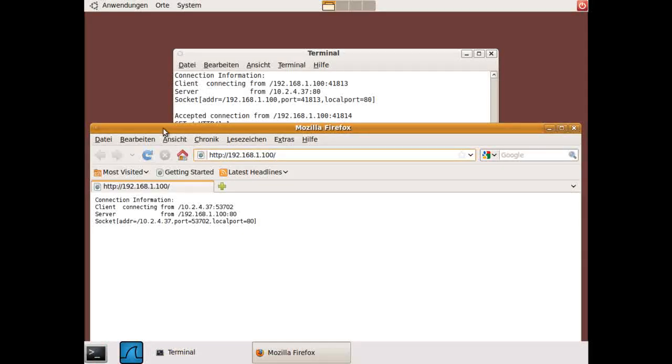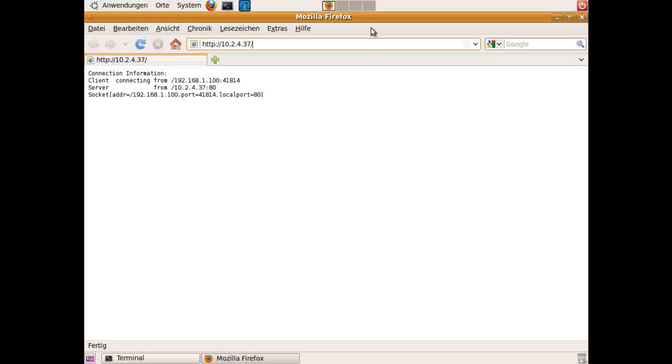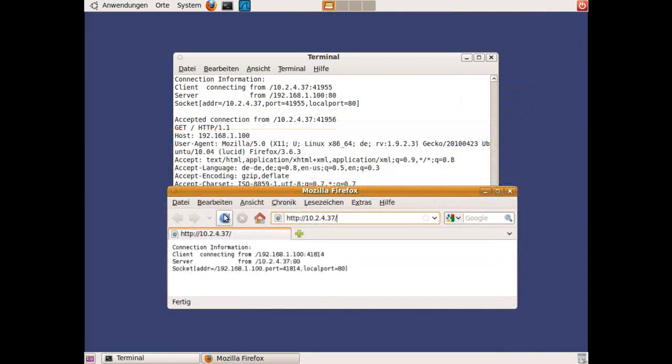So here again is our server on 10.2.4.37, and as you see here, I can contact 192.168.1.100 just fine. What about the reverse direction? Here again we have the client, and as you see here, okay, no connection possible, nothing's working. So that's exactly what we wanted to do,